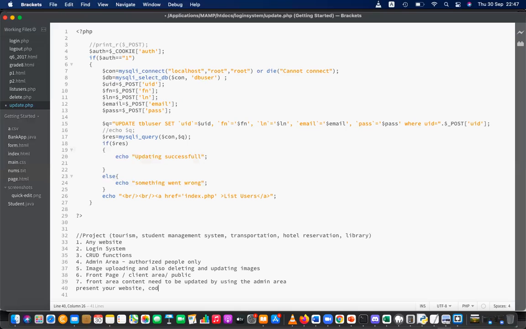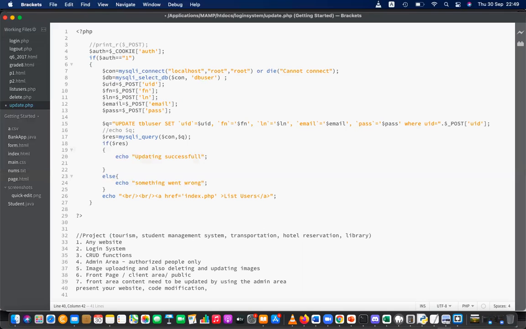And there will be a code modification. You have to modify your code, and that means the panel will give you some code modification at that time. When you present the website, you can explain your website. When you explain this website, the panel will ask, okay, please modify this code and show us. At that time itself, you have to modify that code. That will be a very small activity, but you have to modify the code and show.